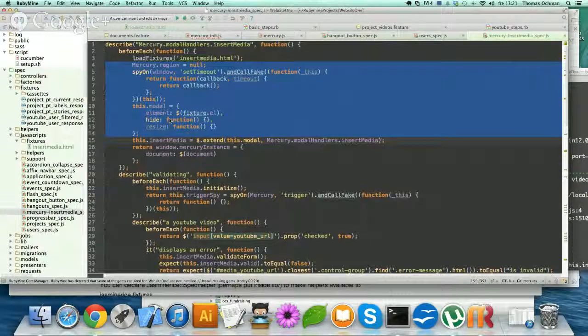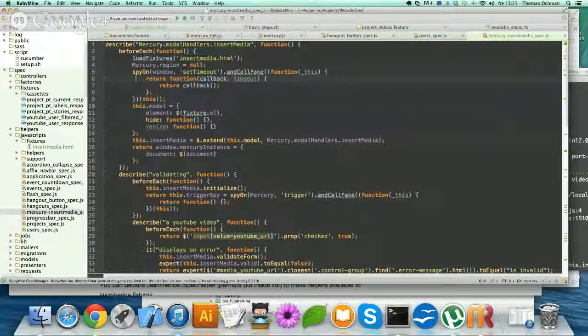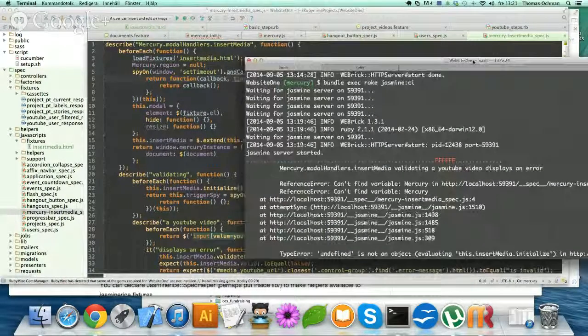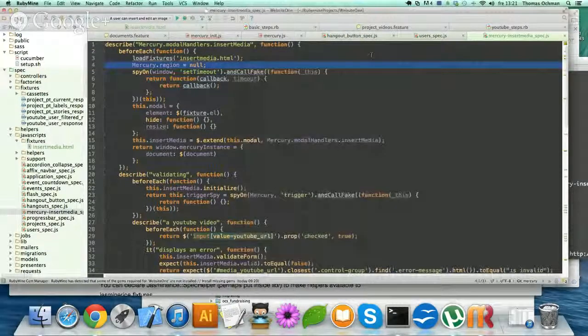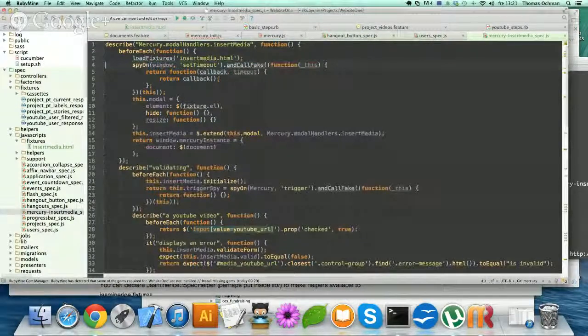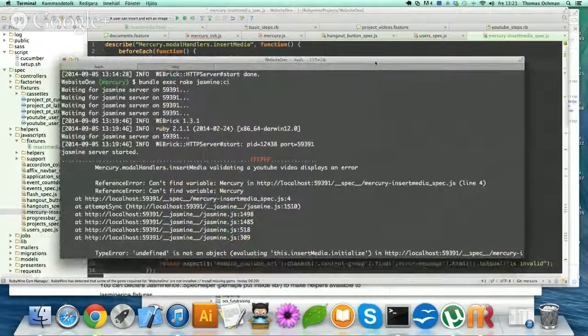This model, spy on Mercury region null, and there is nothing like Mercury region. Well, I wouldn't bother. Let me just this timeout. Let's see what's going to happen. I just want to run this particular